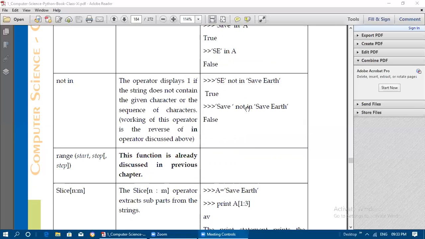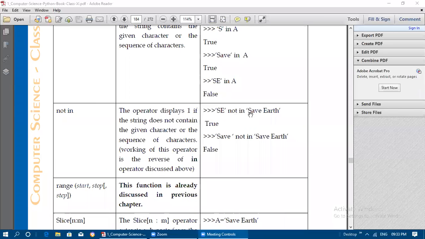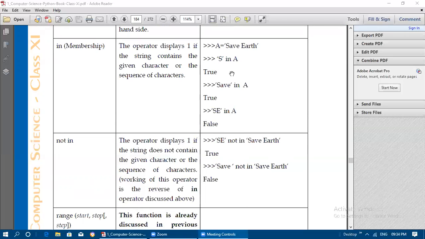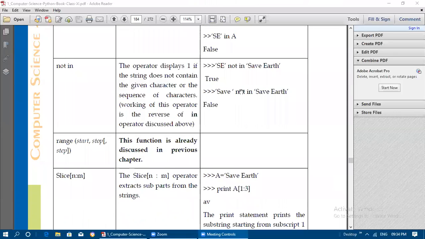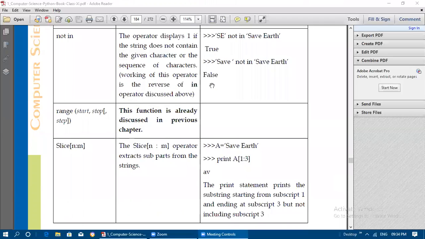So with the not in operator, both the left side and the right side you need to give. If you are giving a variable name, you can give it like this, but if you are giving the entire string, you need to give it within single quotes. You can see the difference between these two. Here the variable is holding the string, and that variable is given here. But here we didn't give the variable, we have given the entire string itself. So we have used the not in operator. It is checking, and if it is not available, it will return true or display 1.